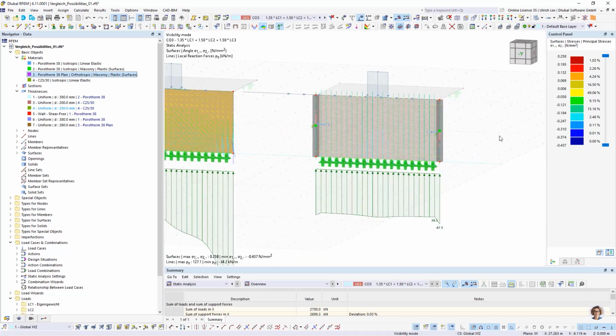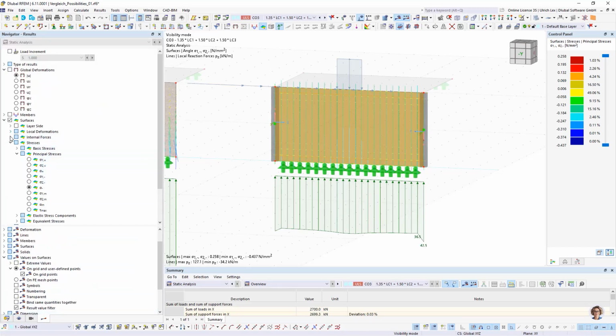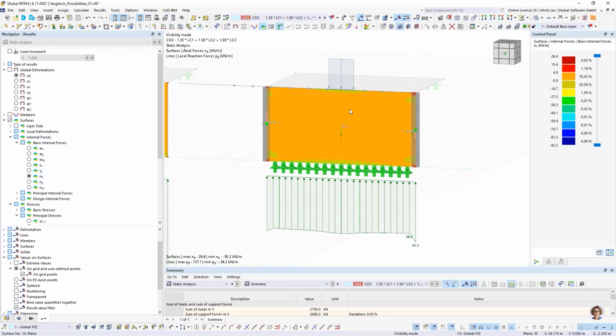In the last option, you will see that the masonry wall gets no horizontal loads. There are only vertical trajectories in the system. Here also we can take a look at the internal forces. We only have vertical loads